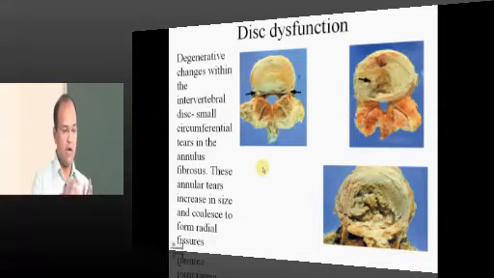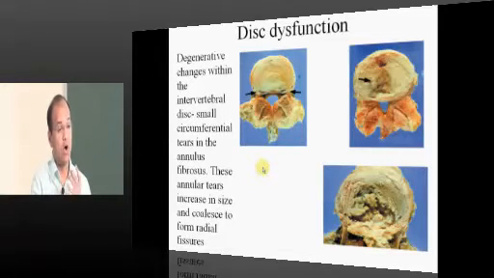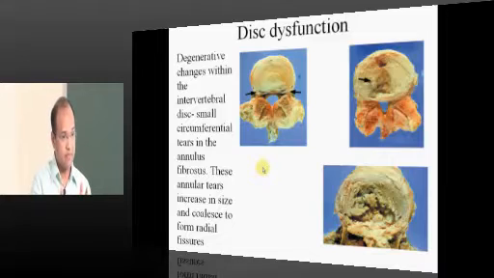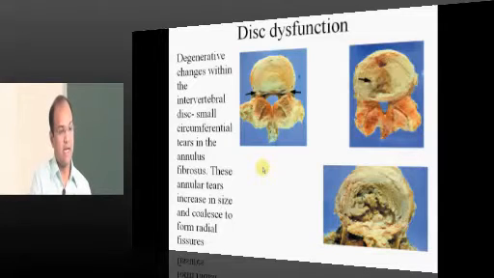Now the disc, I told you the periphery is made up of annulus fibrosus, and in the central part you have the nucleus pulposus. The nucleus pulposus has a lot of glycosaminoglycans, a lot of water in it, and this takes in a lot of pressure but doesn't get deformed. It has an extremely strong resilient stability as well as strength, right. That is one part of it. It takes a lot of compressive forces, but it doesn't get disturbed.